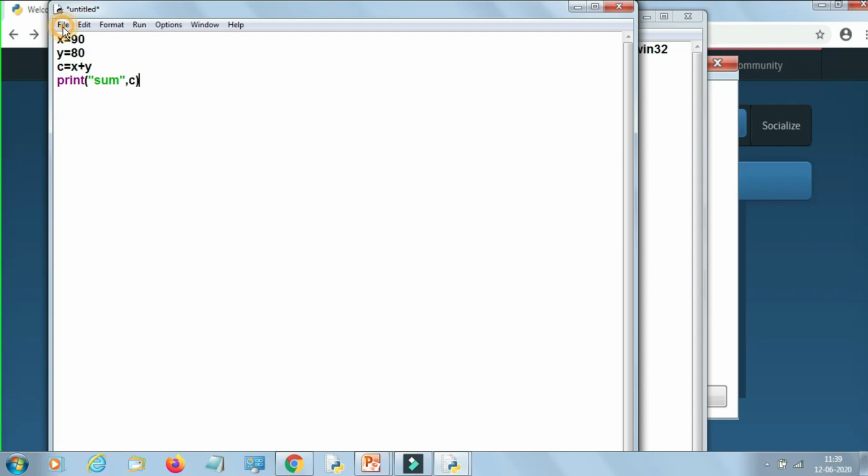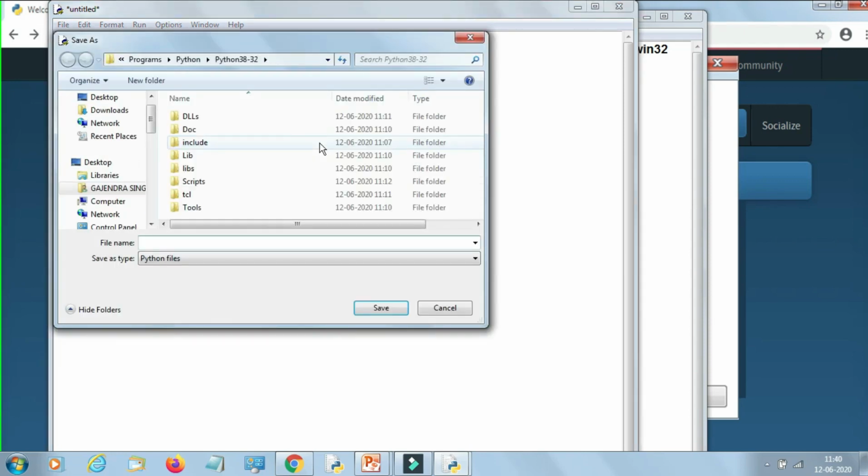Before executing, you must save your file in a proper location. As you save, a Save As box will appear. By default, you can see in the address bar the default location where the file will be stored. It's better to create a new folder, because in practical work, some errors may appear at a later stage if you save your files in the default folder.